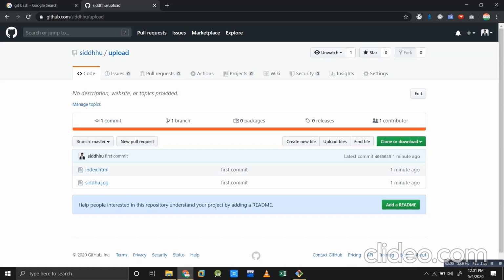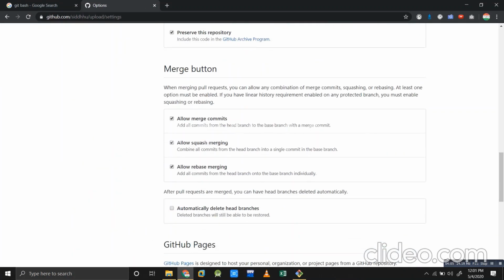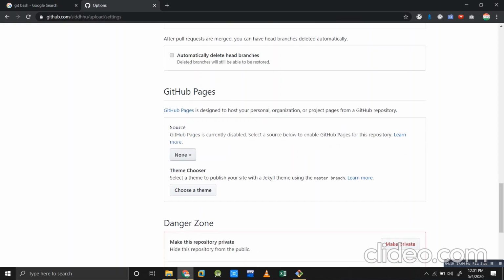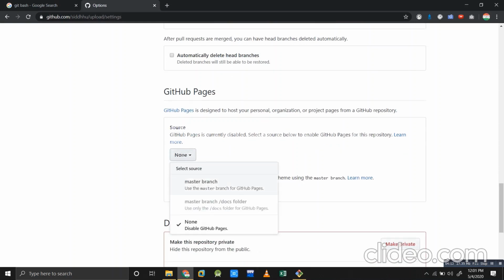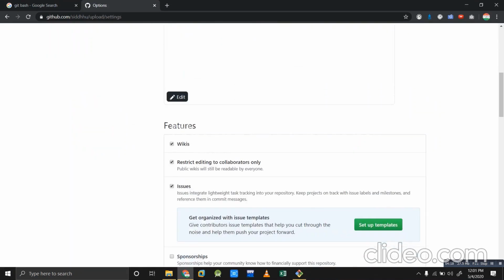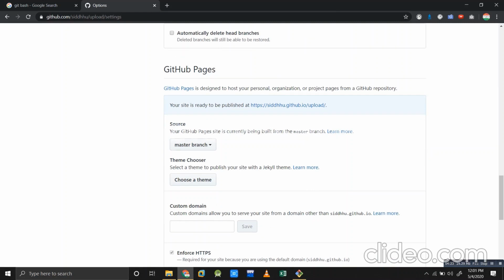So the next thing we have to do is go to Settings and scroll down, and we will see GitHub Pages. Here, on the option of None, I will click and select the master branch. After selecting the master branch, you will have to go here again and you can see it is written that your site is ready to be published at this particular link.